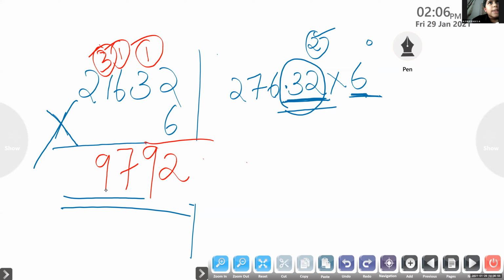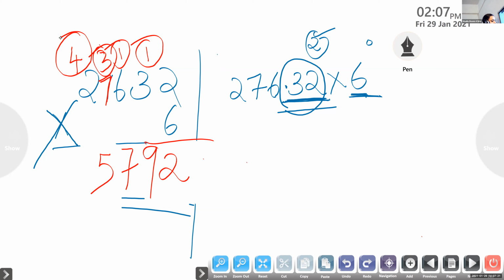Ma'am, that's 7. It was 7. Okay, ma'am. So then here it was 6 2s are 12. 1 carryover. 6 3s are 18 plus 1, 19. 1 carryover. 6 into 6, 36 plus 1, 37. 3. Okay. 7 into 6, 42 plus 3, 45. And it is 4. 6 2s are 12. 12 plus 4, 16.